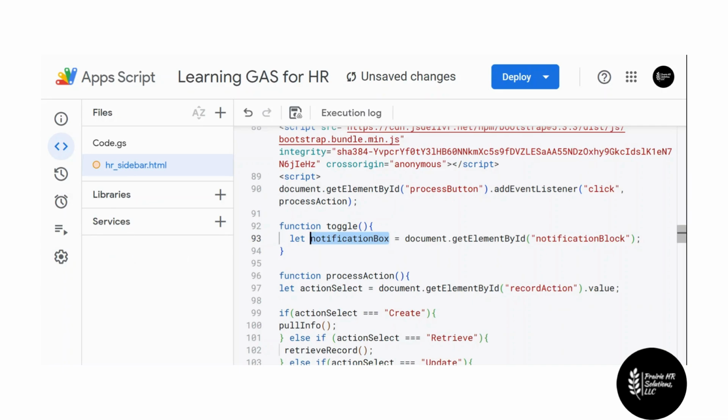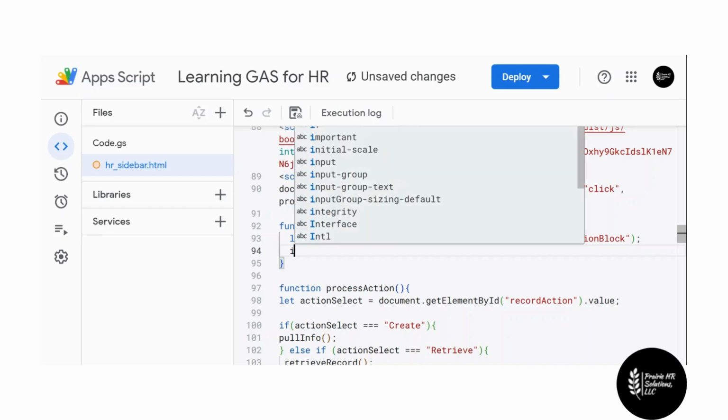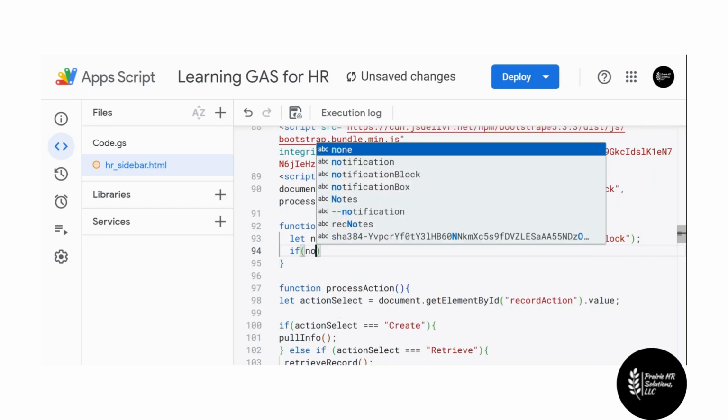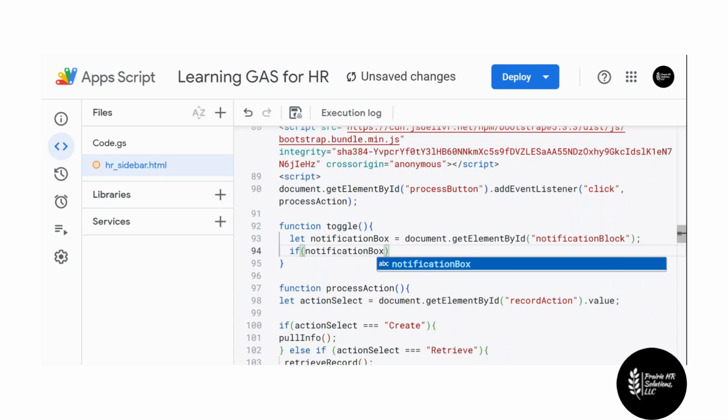So to toggle that style display to either block or none, we can do a simple if statement. We can check to see if the style display is set to none, and if it is, we just switch it to block. If it's set to block, then we just switch it to none. So let's create that if statement. If notification box dot